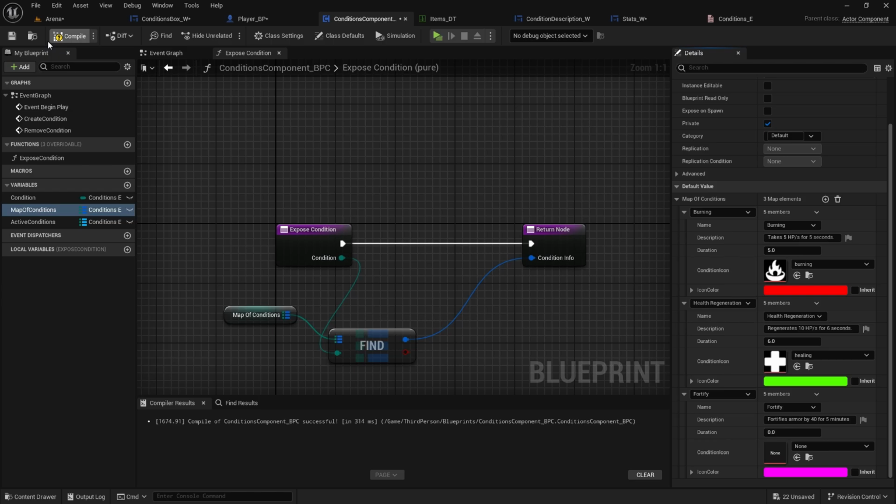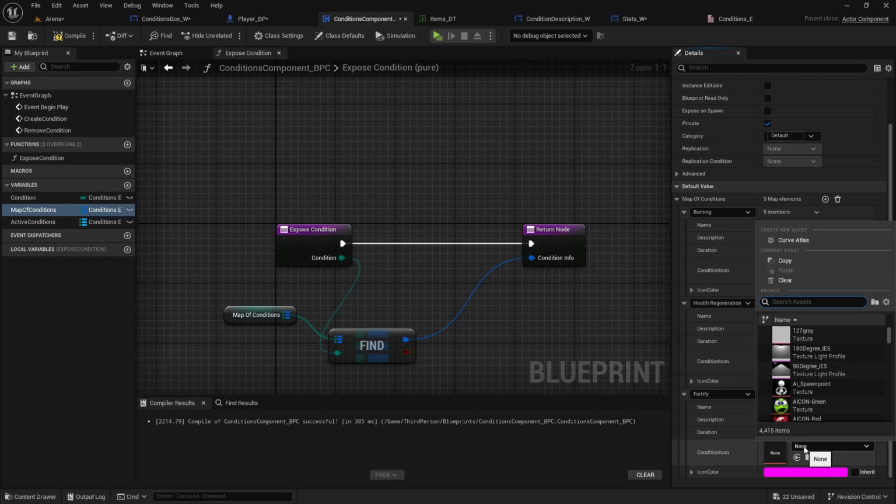Okay, compile and save. Duration will be 5 minutes, which is 300 seconds, and I don't have an icon yet,